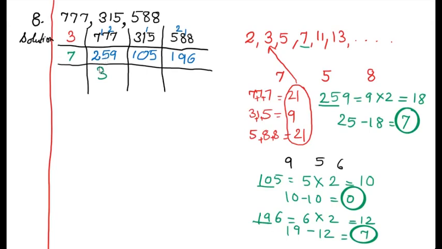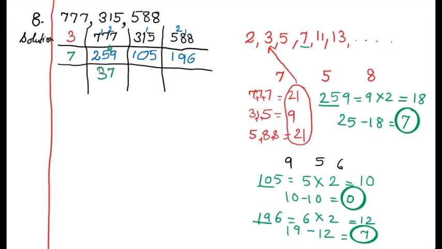25 minus 21. Count after 21 till 25: 22, 23, 24, 25. 4 fingers are opening, isn't it? So that 4 we will write to the left hand side of 9. So it becomes 49. Is 49 divisible by 7? Yes, 7 sevens are 49. Okay. Students, if you are unable to do division at the place itself, you can do it on the rough page or normal division and check the answer.